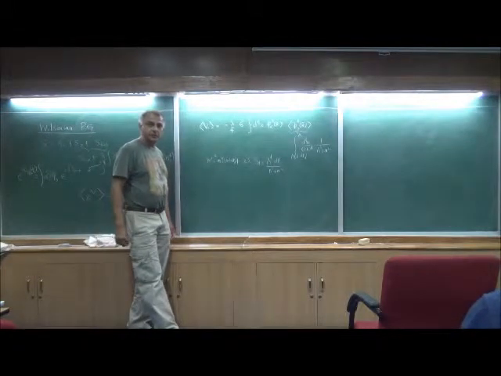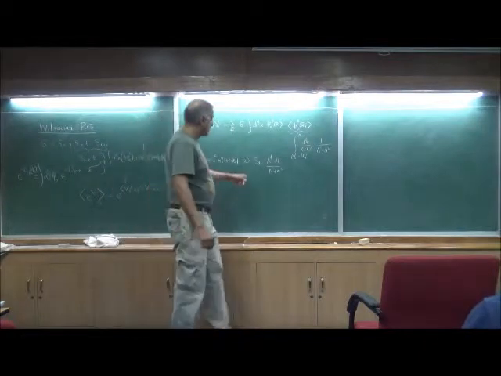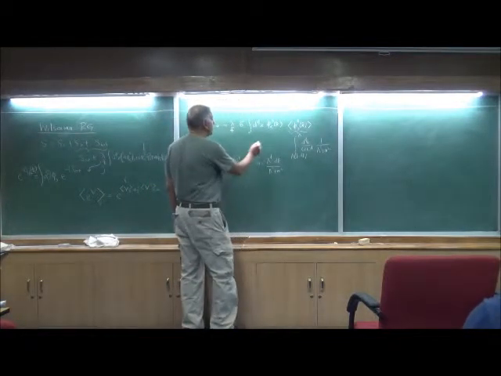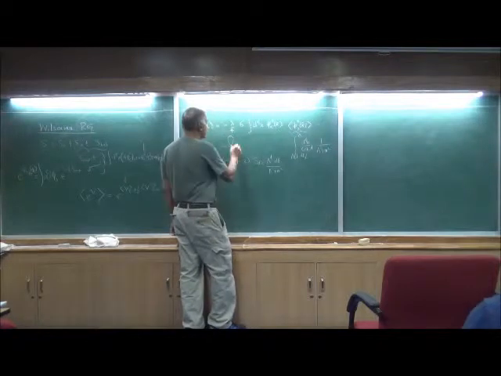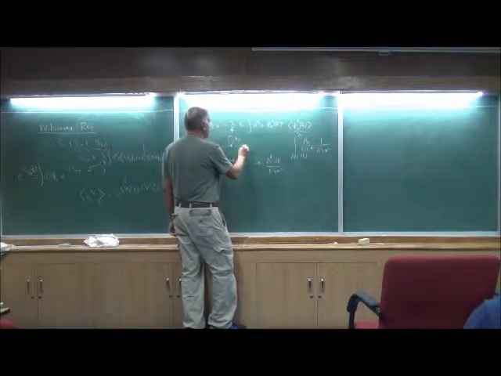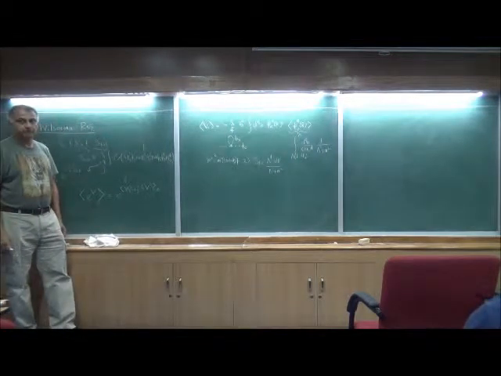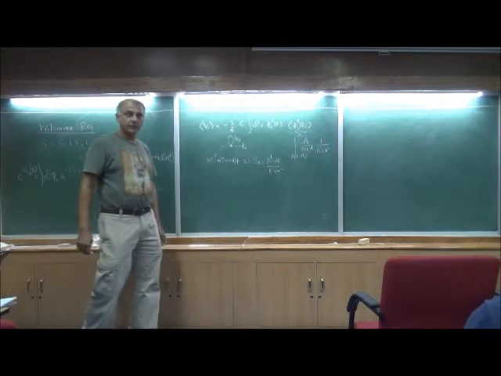Any questions? The last part is the loop correction coming from this part. This is the one loop diagram, if you want to think about it like that. It's sort of like this: this is the fast field and this is the slow field. Okay, that's what it is. You've all done these diagrams, right? Sir, actually,